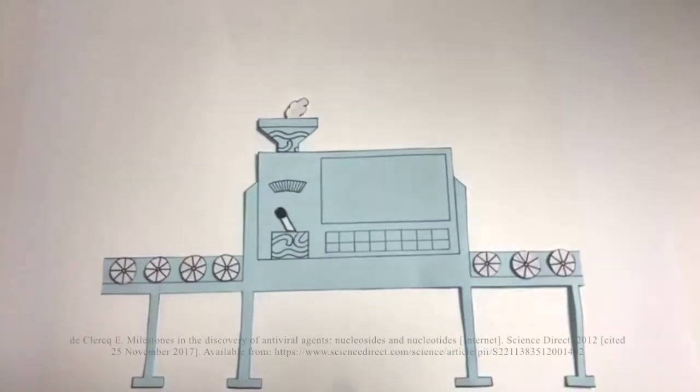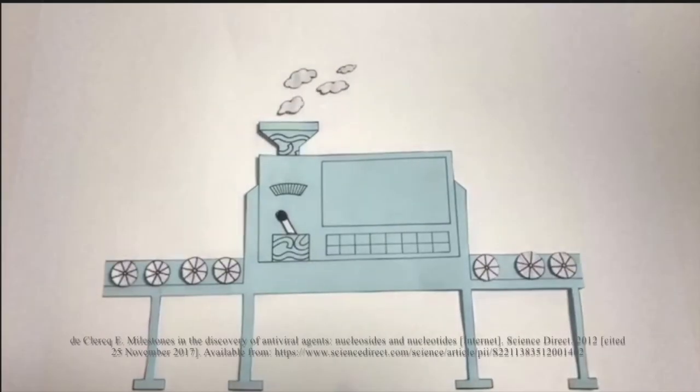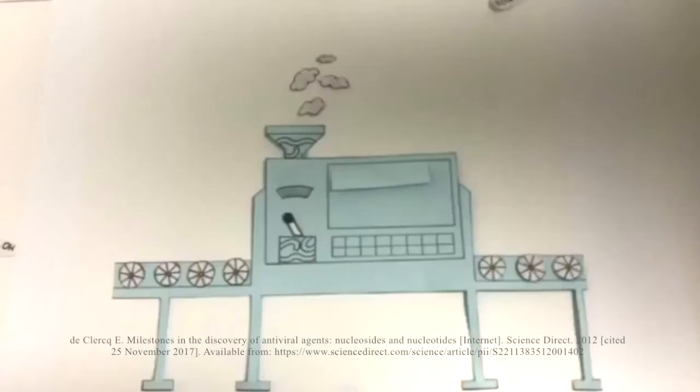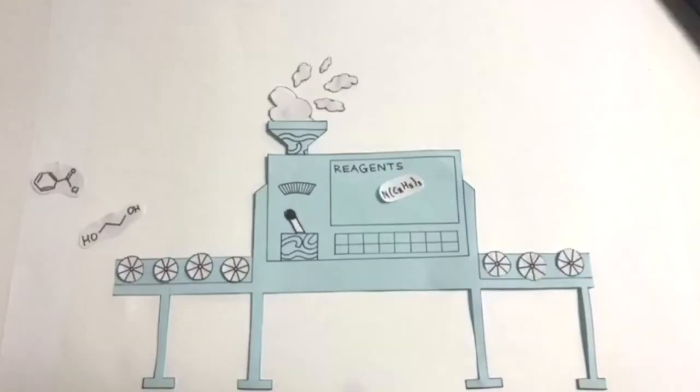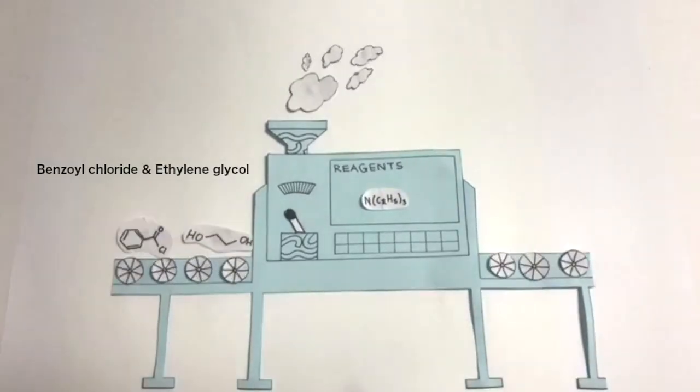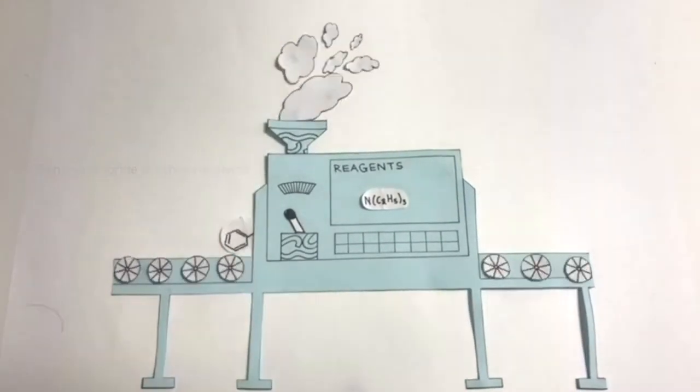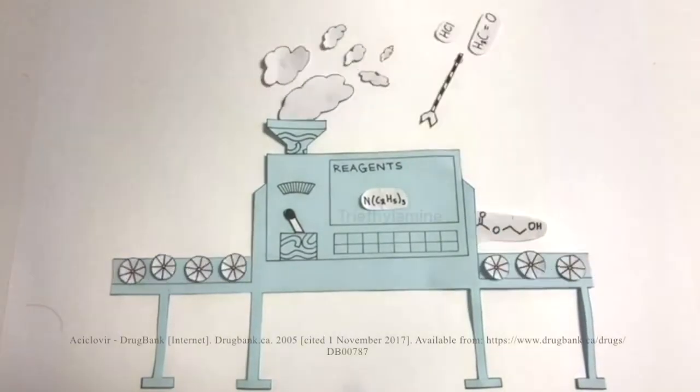So now we know the structure of acyclovir, let's go down to the factory to see how it's synthesised. So now we've seen where acyclovir came from, let's follow him on to the next stage of his journey to see how he's synthesised. Acyclovir synthesis begins with benzoyl chloride and ethylene glycol in the presence of triethylamine to produce